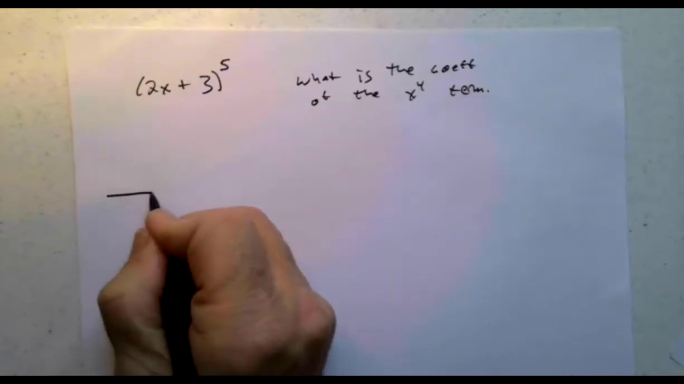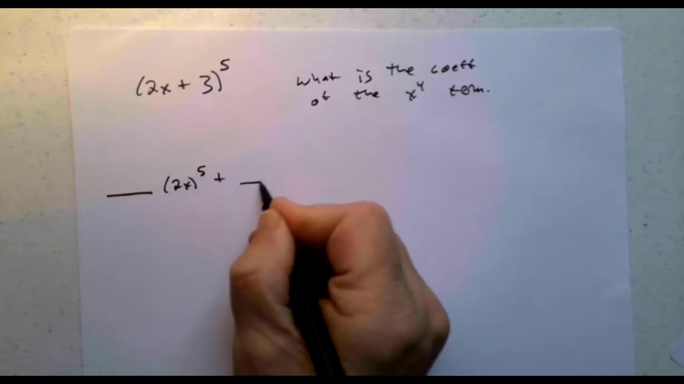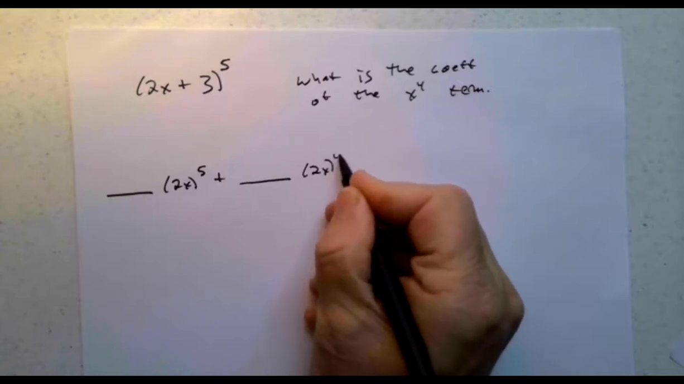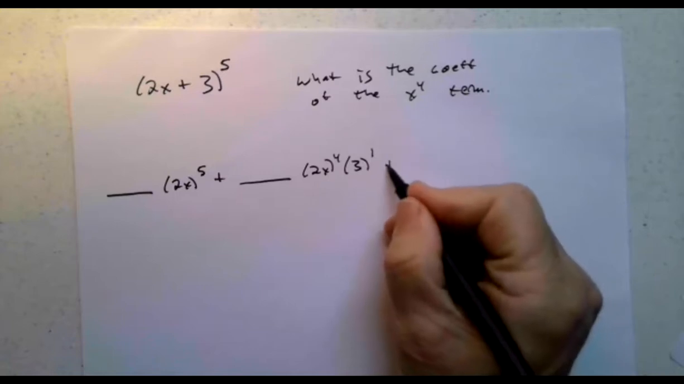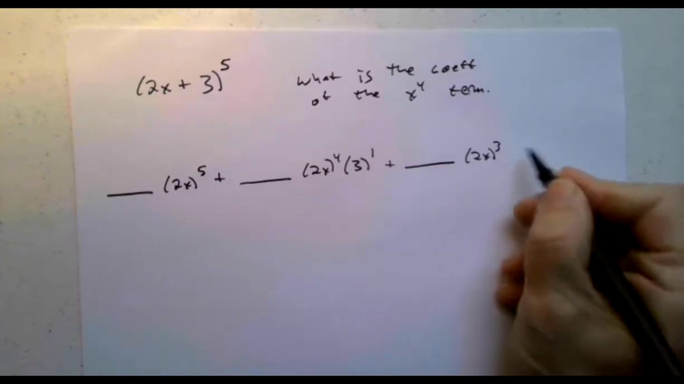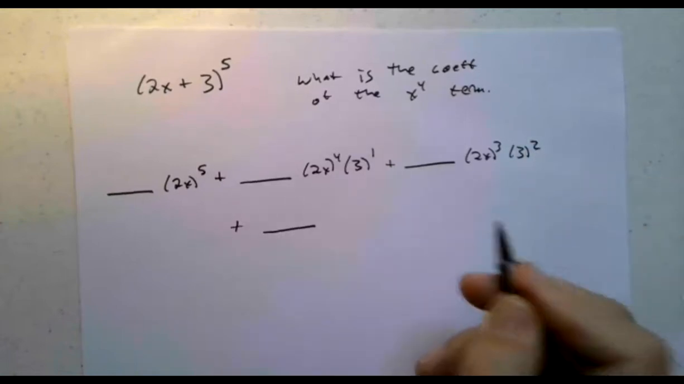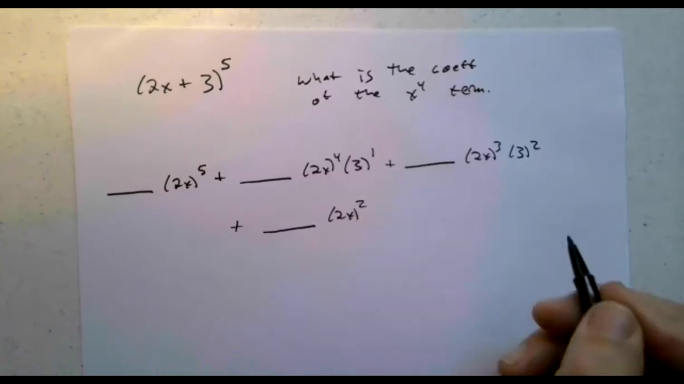So it's something 2x to the 5th plus something 2x to the 4th, 3 to the 1st. That's what we're going to need, right? Plus something 2x to the 3rd, 3 squared, plus something 2x to the 2nd,